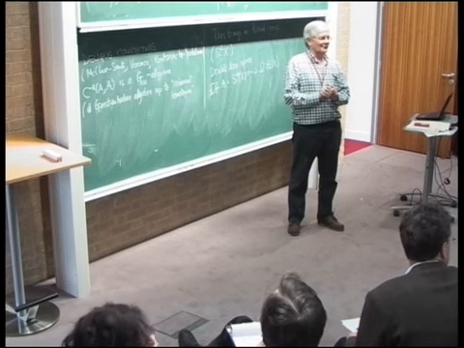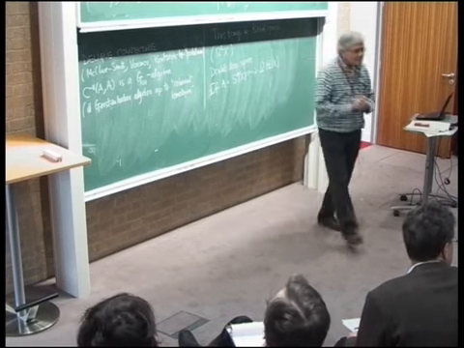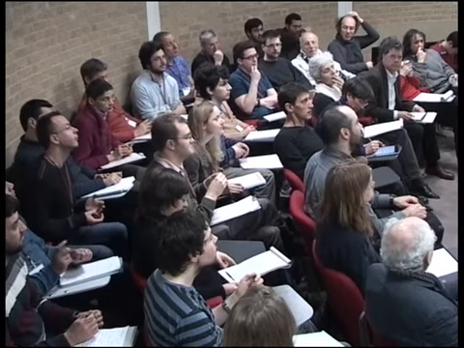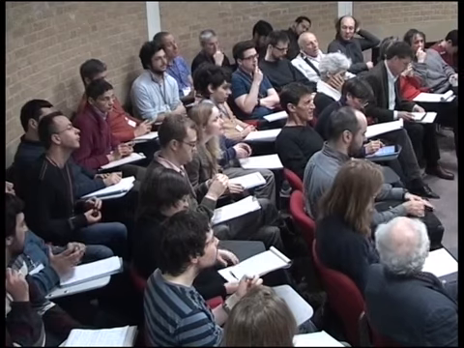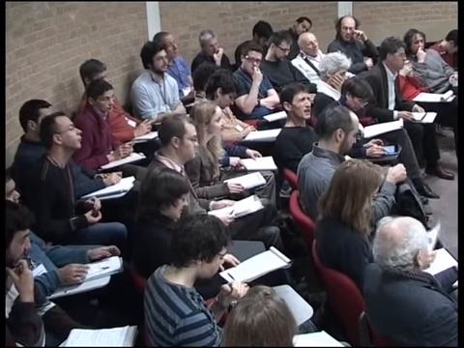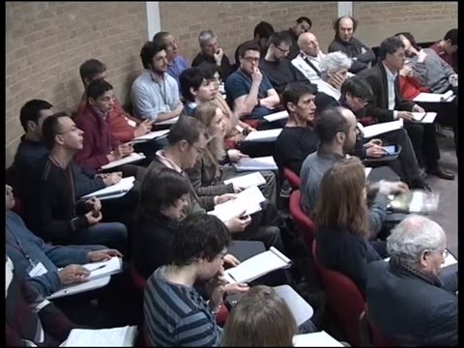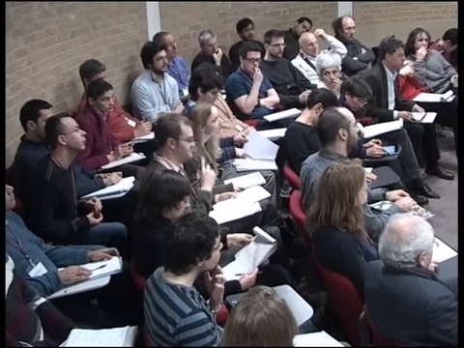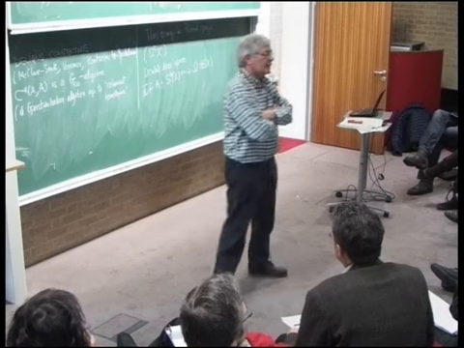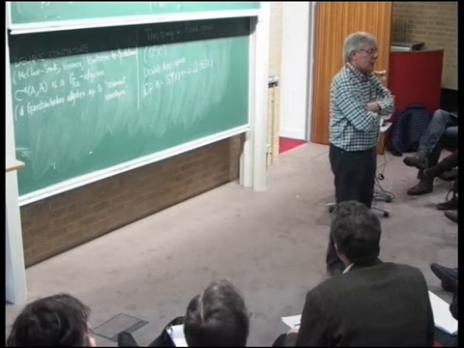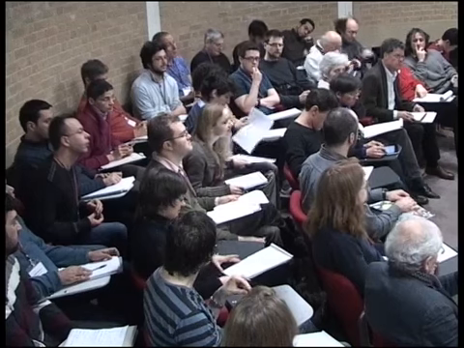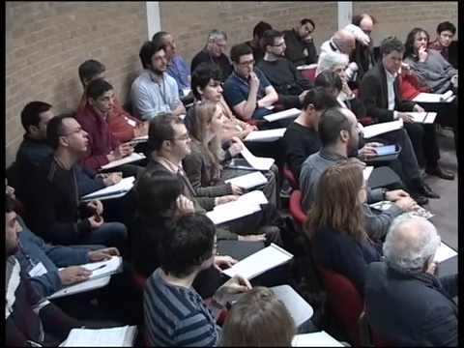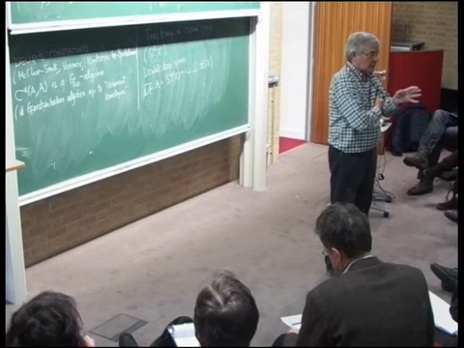In the statement of Kontsevich's theorem, you got rid of the T. Is there an example where it's not equivalent, where C star of A is not equivalent to H star of A? I think the two questions are equivalent. So you think C star of A is always equivalent to H star, in the example we're talking about.